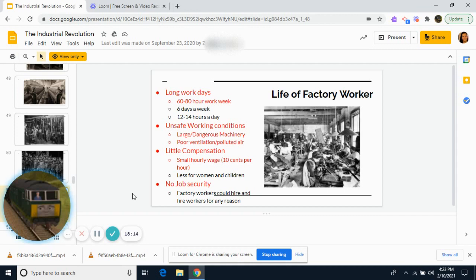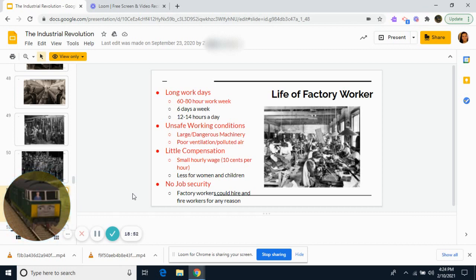Life of a factory worker. Long work days, 60 to 80 hour work weeks. Dang, that's a lot. I would be exhausted. I'm not even kidding, 6 days a week, 12 to 14 hours a day. Unsafe working conditions: large, dangerous machinery, poor ventilation, polluted air. Little compensation: a small hourly wage of 10 cents per hour, less for women and children. No job security: factory workers could hire